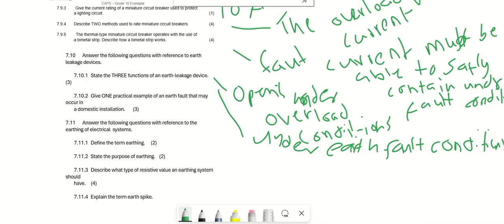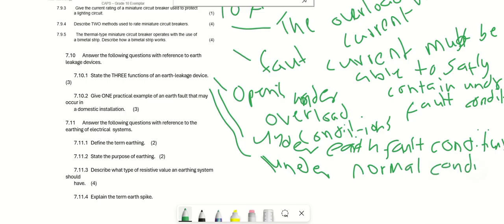Number three, opens and closes under normal conditions. Okay.